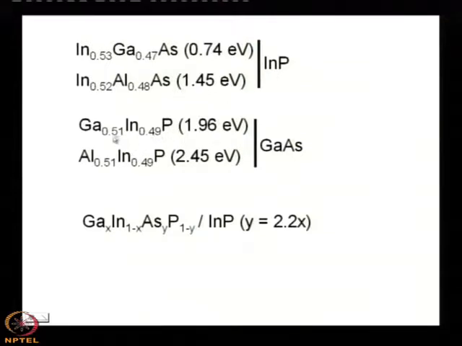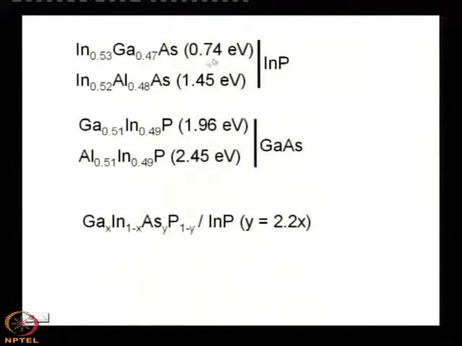Gallium indium phosphide with this composition only, it is lattice matched to gallium arsenide. Aluminum indium phosphide, for this composition it is lattice matched to gallium arsenide. Then gallium indium arsenide phosphide is lattice matched to indium phosphide for y equals 2.2 x. Only for this value it is lattice matched to indium phosphide. So, that means you cannot grow any composition. Theoretically it is possible, but practically there is a limitation, and you find that in the parenthesis I have used